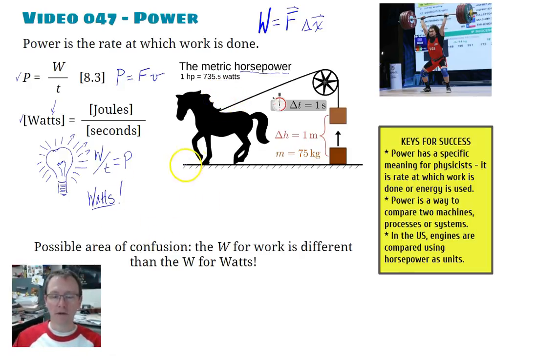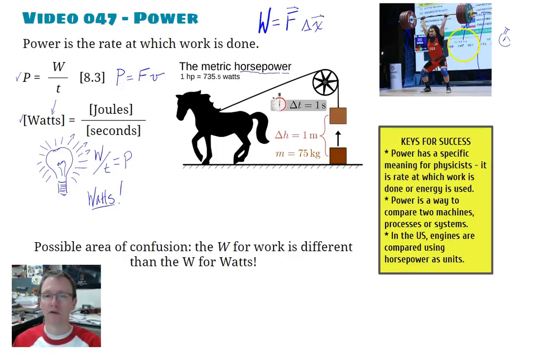Okay, so oftentimes when non-physicists compare two systems, they're actually comparing the amount of power that something has. So I put this little weightlifter guy in here because I wanted to make sure you understood this. So he's doing work as he is applying a force upward on this barbell right there, and he is lifting it to a certain height, like so. And he does it in a certain amount of time, right? And so as a result, we can go ahead and measure his power. And so if we wanted to, we could talk about the most powerful lifter.